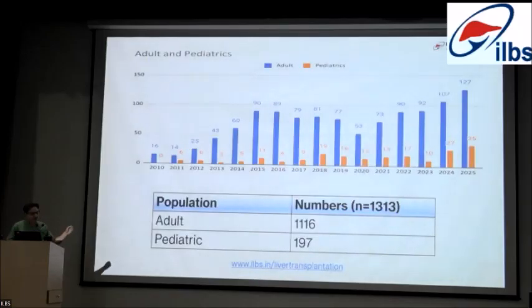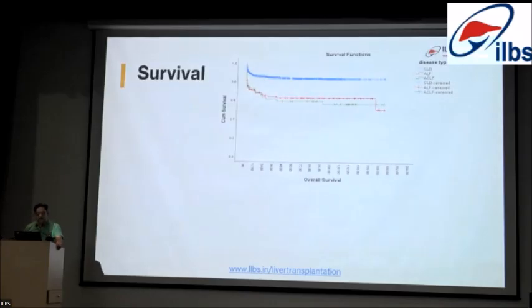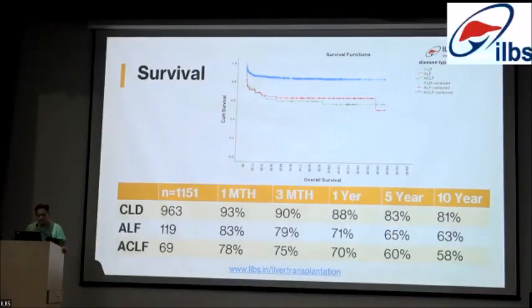So, you've seen this slide before. We are now almost touching 1,400 transplants, and we've done more than 200 pediatric transplants as well. And these are the outcomes, as shown by Nihar as well. So now ALF is 133. The crux here is the perioperative mortality, which is making a difference. And this is because of how sick the patients were before they were taken up for transplant. Can we improve on this front in order to have a better outcome?